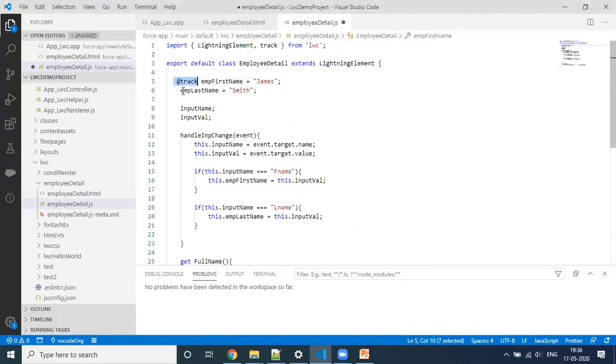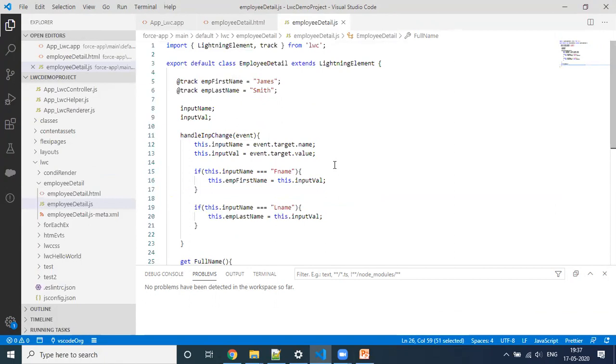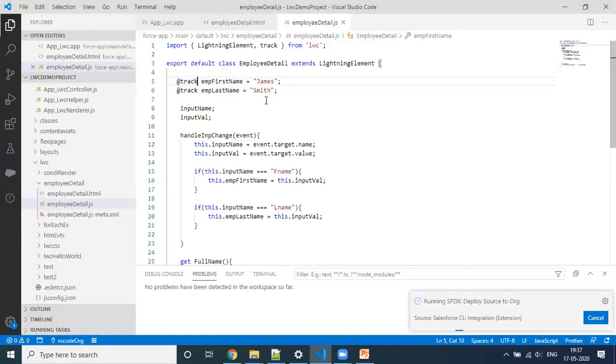Both variables had to be defined with the decorator @track in order to refresh the value. But right now, as I showed you in that Salesforce link, after Spring 20 this is not required. Either you define it with @track or you do not, it will still work. So let me deploy this and we can check that as well.